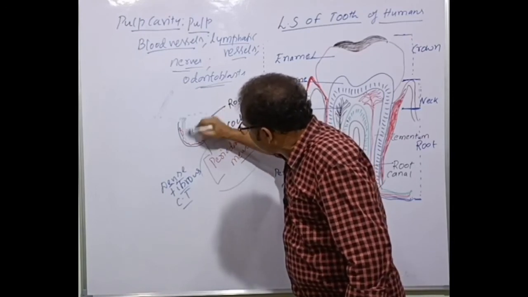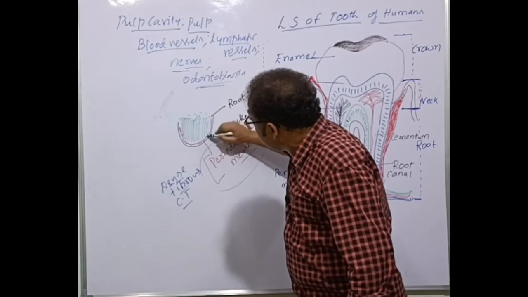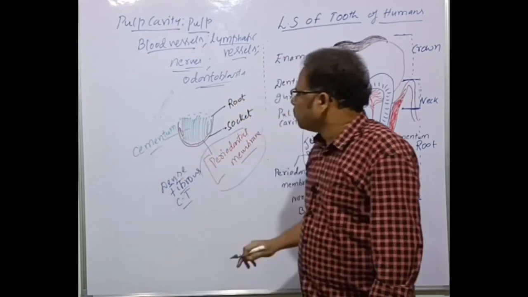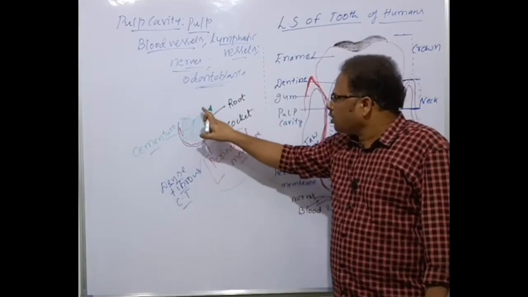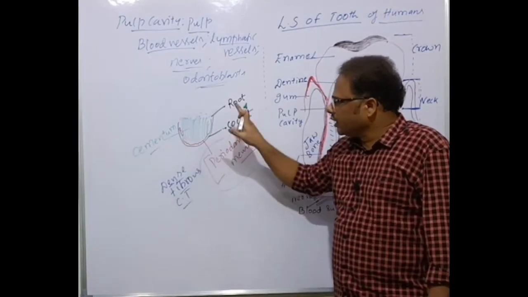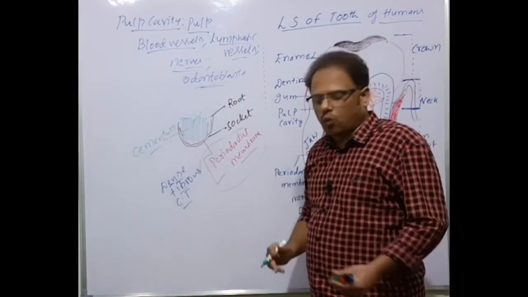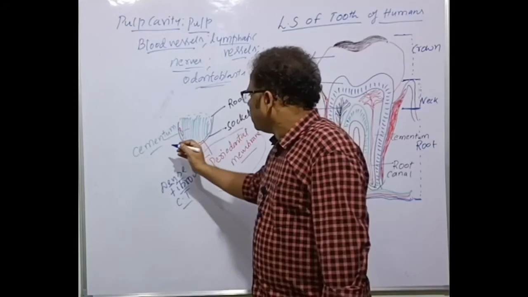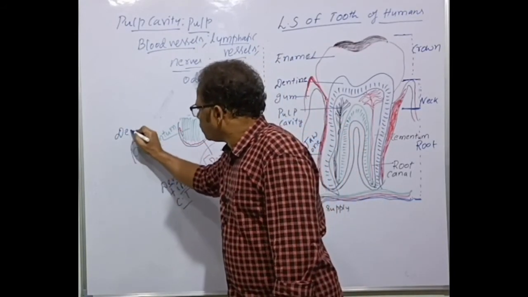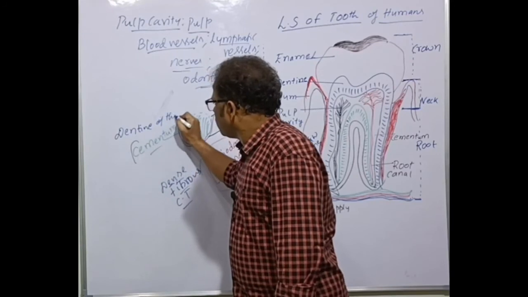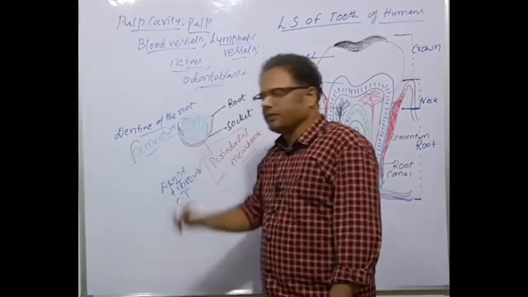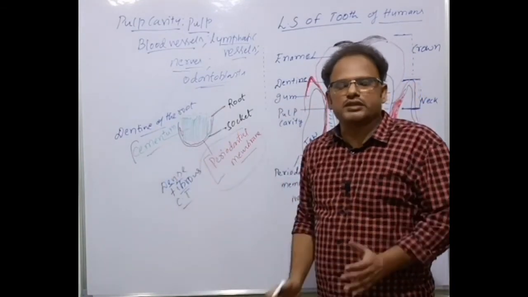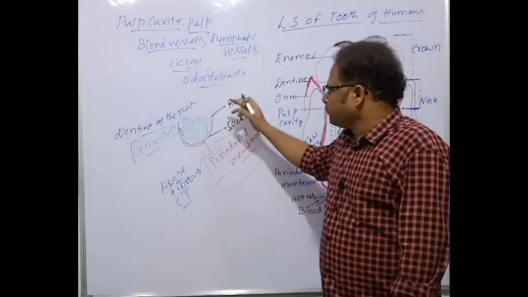This root is connected to the periodontal membrane by a very important substance called cementum. What is the function of cementum? It connects the root with the periodontal membrane. Cementum is, very simply, the dentine of the root. It is a cementing, connecting substance, which is why it's called cementum. It is also a very tough structure, like the other parts of the tooth.